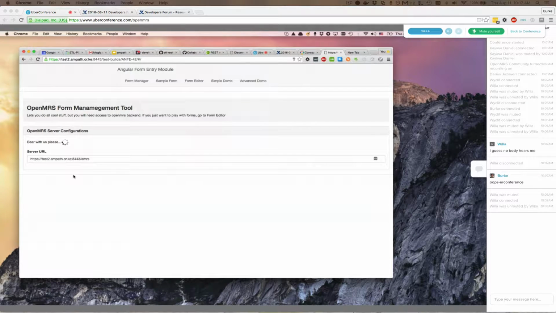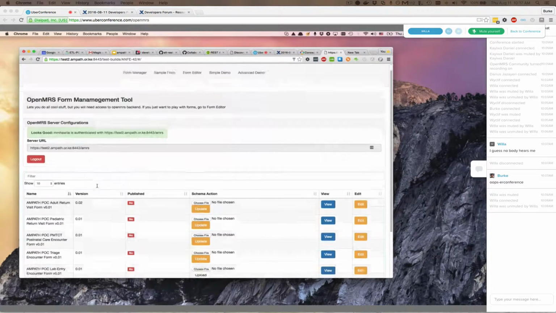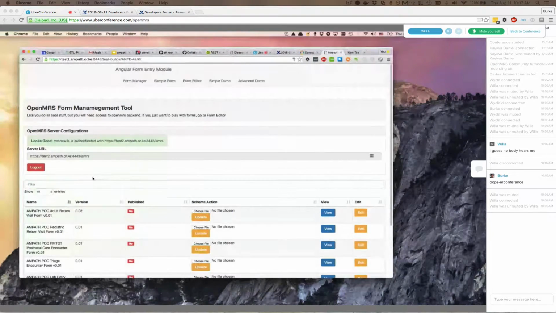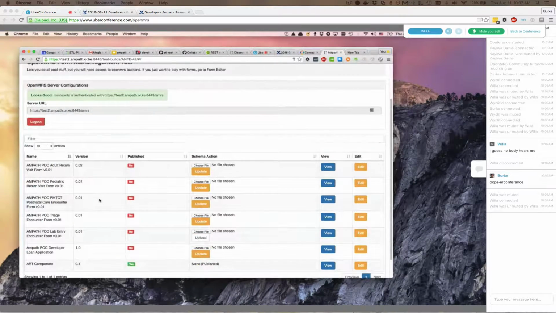So once you log in, this app will list all the forms. Right now, this is very simplistic. It is very AMPATH specific because the forms that are being displayed are the forms that contain the name POC in them or component in them, and it's hardcoded. For now, we can always change that to include the text filter here. This filter is for the forms that are already displayed, but I guess we can always create another one that can load any form you want.